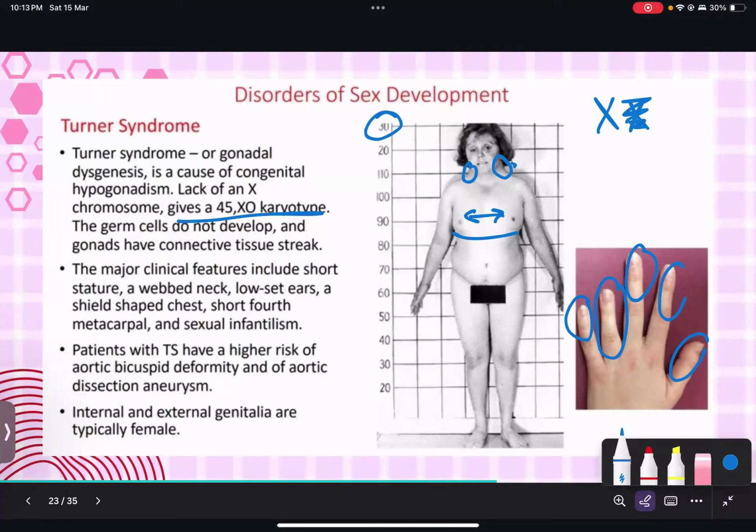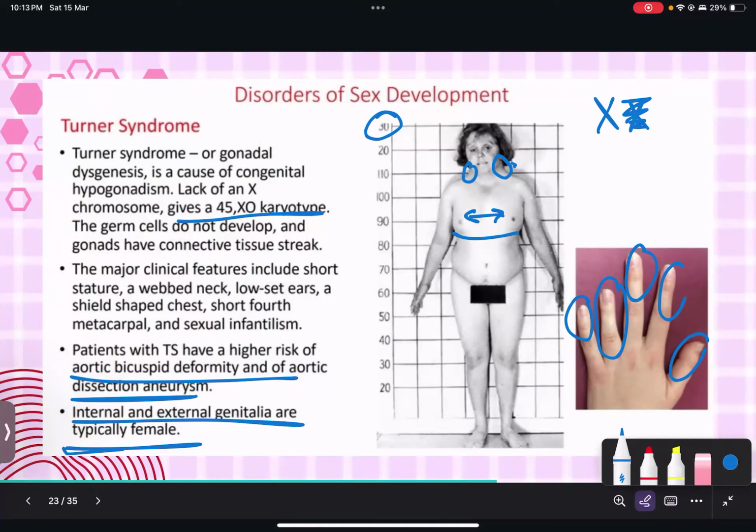Another thing that Dr. AJR mentioned is that they have a higher risk of aortic bicuspid deformity. I don't think it's important. Just know that they have a high risk of aortic bicuspid deformity and aortic dissection aneurysm, and know that their internal and external genitalia are typically female, because I'm pretty sure in the exam you'll have more questions about endocrine syndromes and so on,